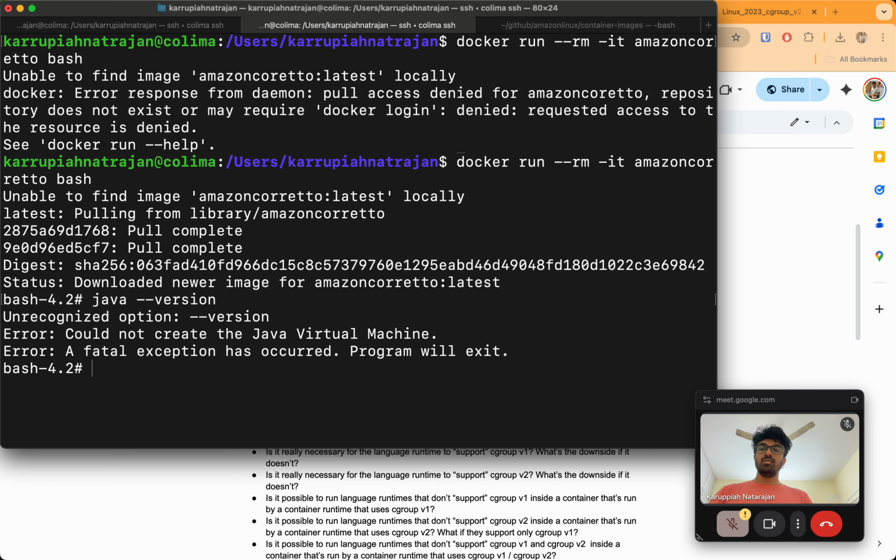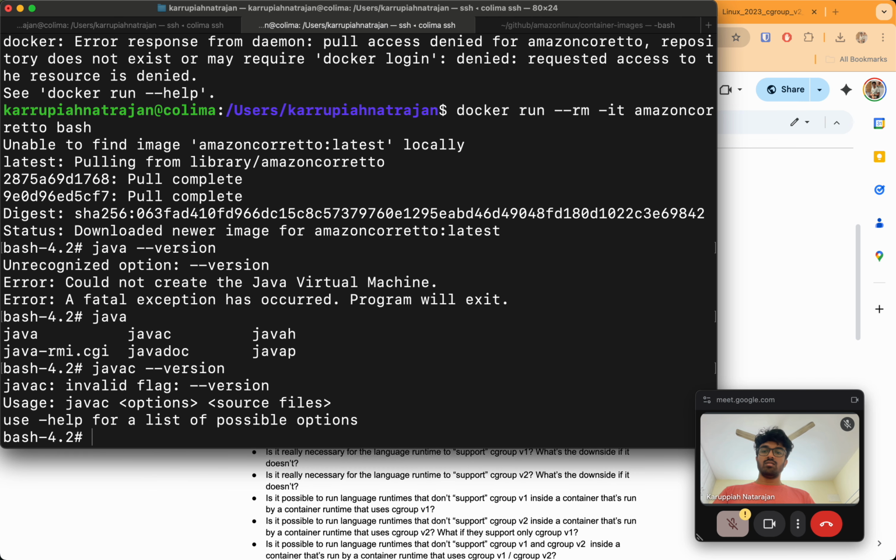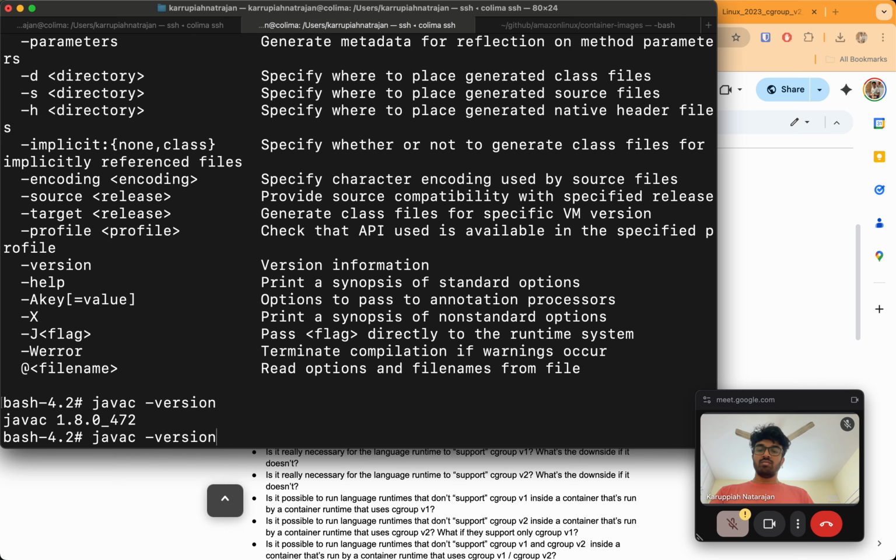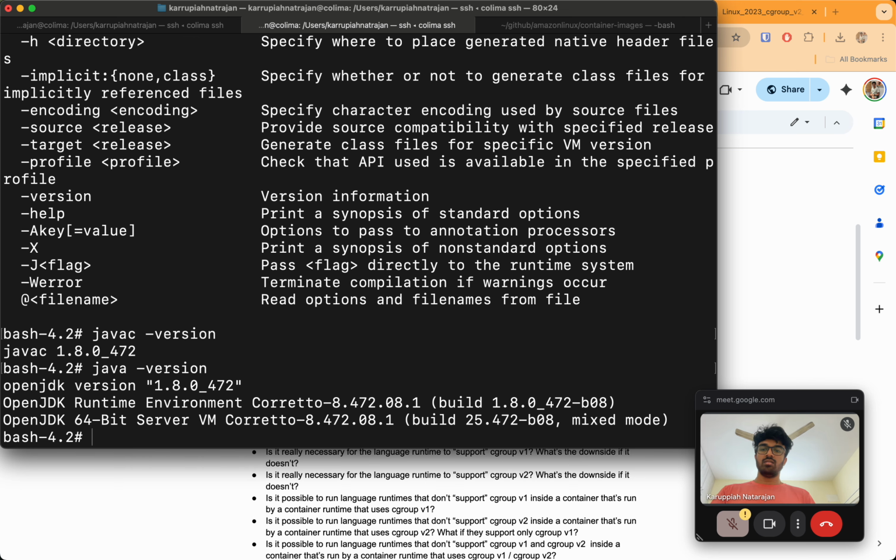Java version is, I think, this hyphen version: 1.8, and this is 1.8, 472.